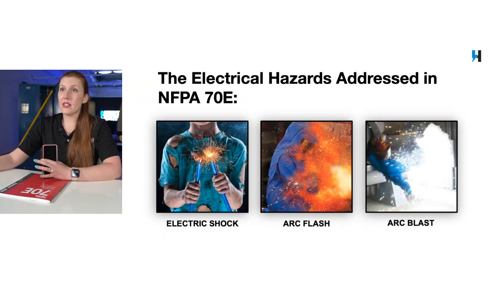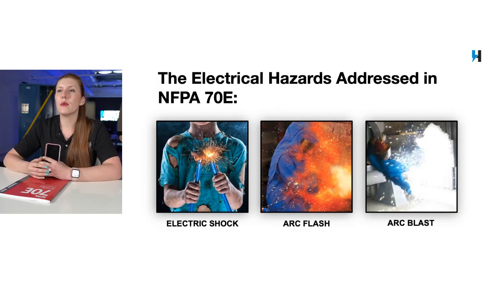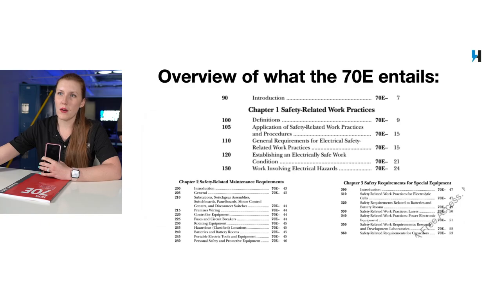So there are 3 different hazards that are mainly addressed in the 70E. The top 3 would be the electric shock hazard, arc flash, and arc blast. We've spent plenty of other webinars going into more detail about what these hazards actually are and how they hurt people. So I'm going to save some time today and say, yes, those are all still very much addressed in the 2024 edition. For more information, you can always reach out to me to talk later or go to our YouTube channel. Like I said, there's a bunch of other recordings from previous webinars there as well.